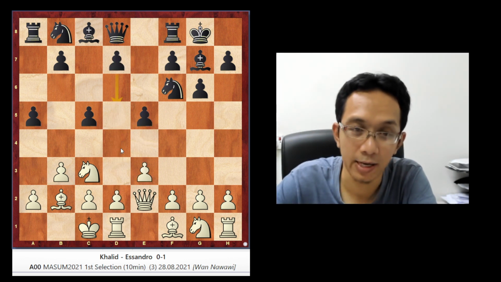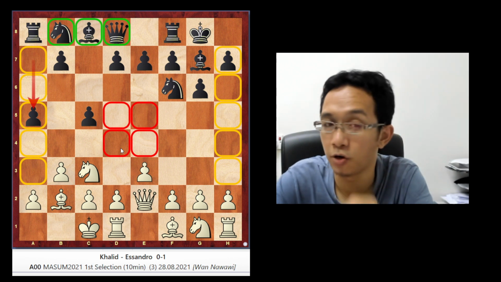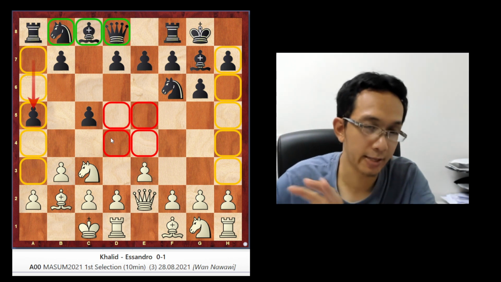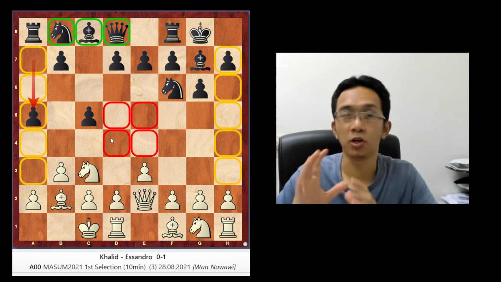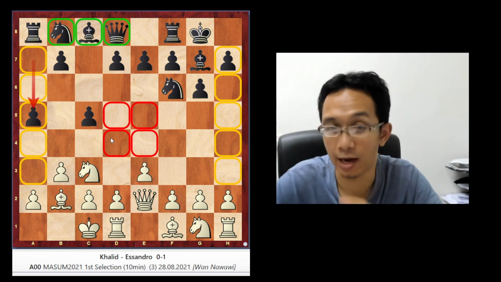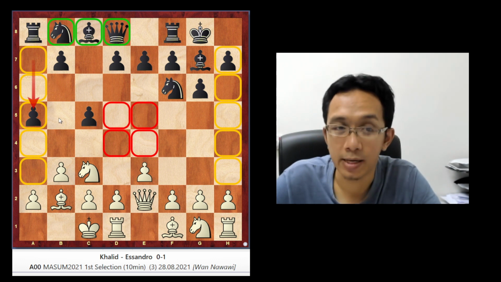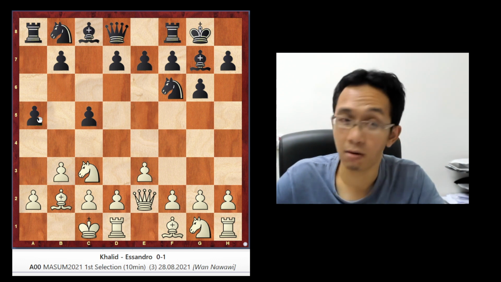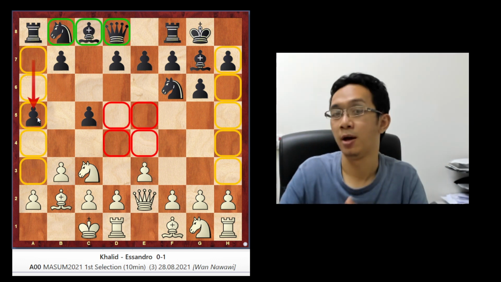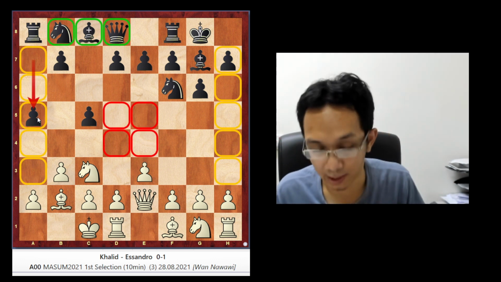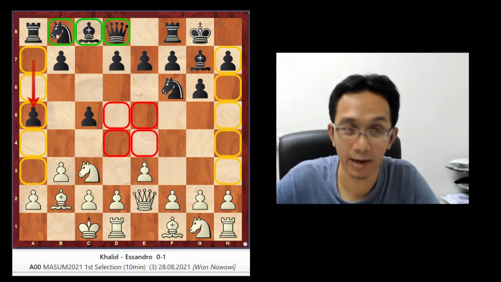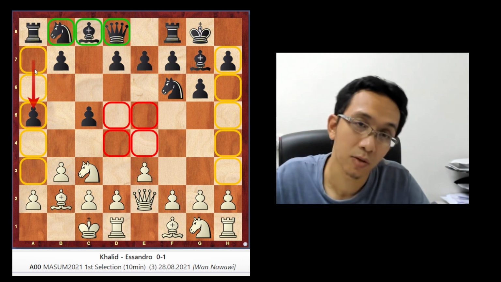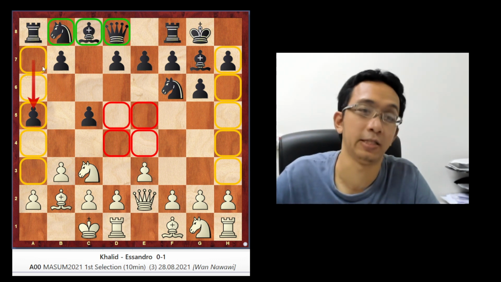Okay, so here this is still not a problem, because the center here, the red square here, is not really volatile. There is no tension in the center. So we can just say it is interesting or dubious, depending on what perspective you want. For me, it is dubious, because black neglected the development. But for some people, they may think this is interesting, so it's okay. But it's far to say this is a mistake.